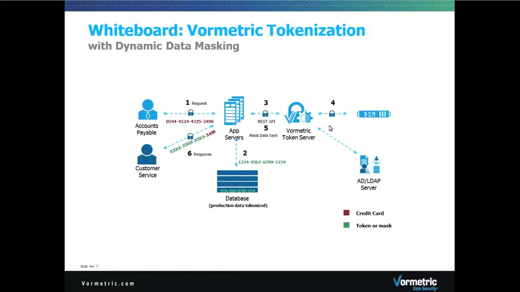So next we'll talk about the tokenization. So as I said previously, currently RSA DPM is a vaulted technology, meaning you have a physical database and that is where the tokens and their associated encrypted values are stored. So we're offering customers two options. If you want to remain in a vaulted environment, you can by all means continue to do so with Vormetric tokenization. If you want to move to our second option, which is a vaultless tokenization, what happens there is our